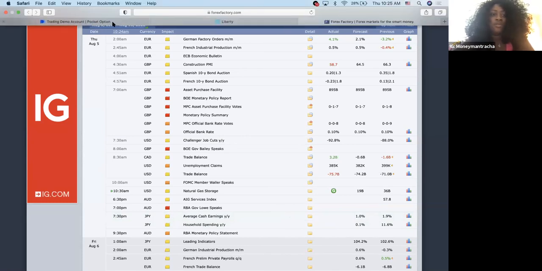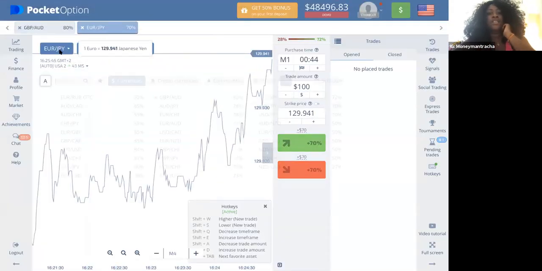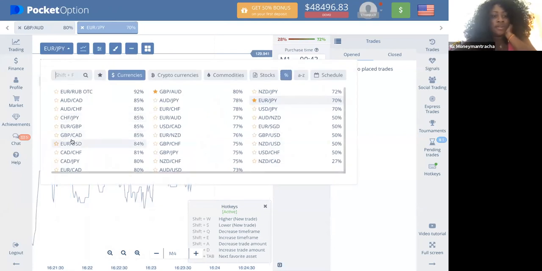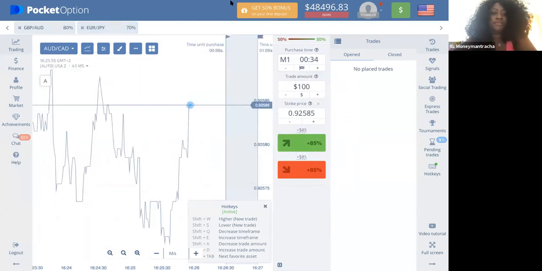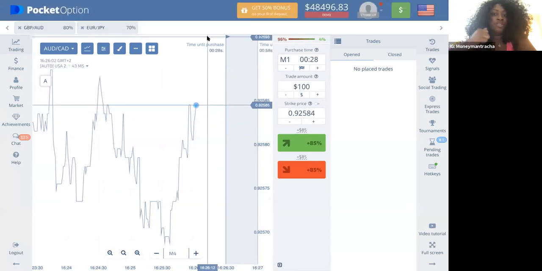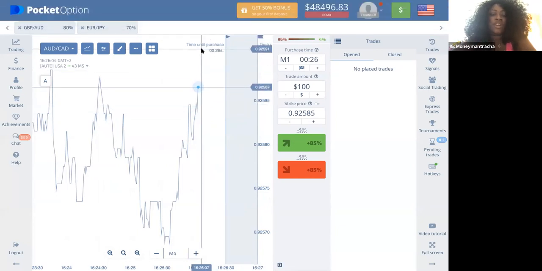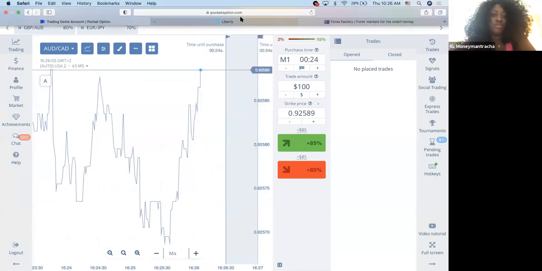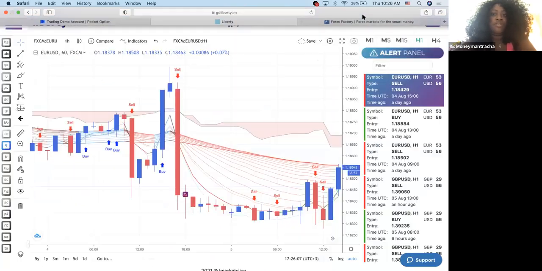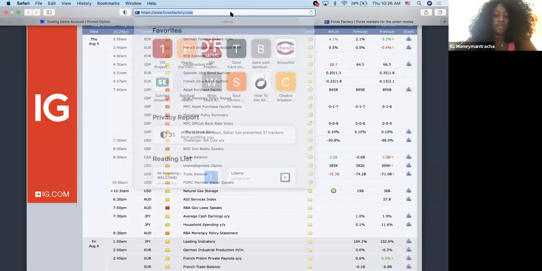So the next thing we're going to do is choose our currency pair based on that. And we can start with AUDCAD. I don't see anything wrong with that. And then we're going to check our currency strength as well. So pretty much, first you start off by checking your news. If you see red or orange folders, you avoid them. You choose your currency pair based on the payout. Make sure it's over 70%. Then you want to head to